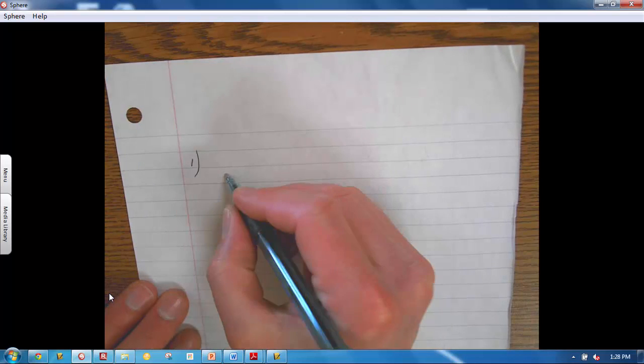What we're going to do today is a little bit more complex. We're going to use the same skills from yesterday, but instead of having a regular polygon where all of the angles are the same, we're going to have an irregular polygon, so we don't know that all of the angles are the same. Okay, so taking a look at number 1 from the homework, we've got a shape